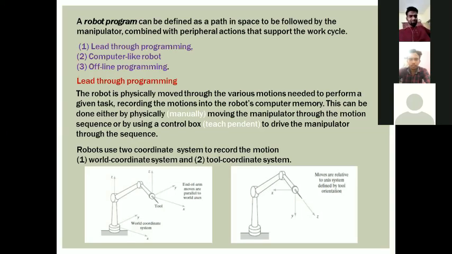First we lead the program in the same fashion in which it is supposed to work. Then all the points wherever the robot has moved are kept, or registered, in the memory. Later it is played back. So once all points are recorded, you can ask the robot to work in a cycle. I would like to show you a small video clip to give you an idea of how this lead-through program works.